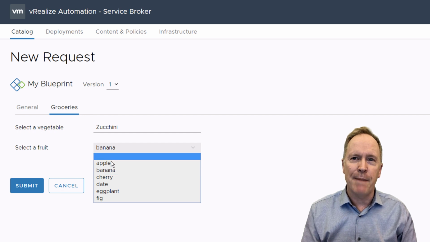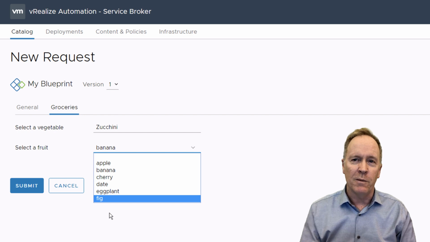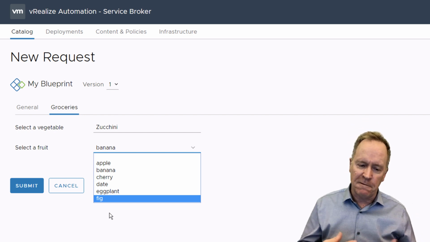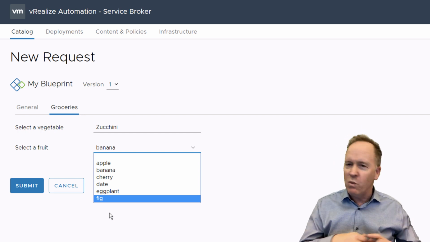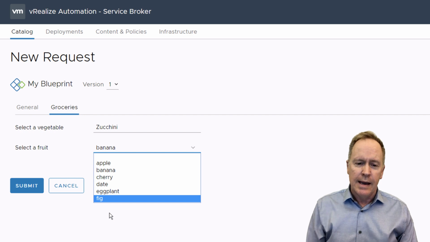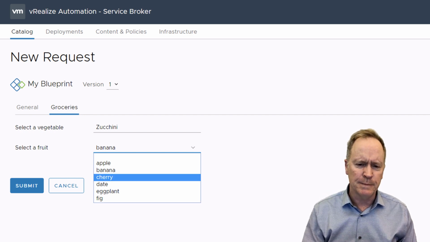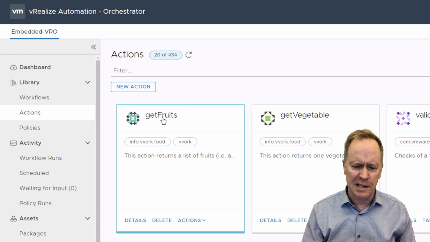The drop-down list has got apple, it's got banana, and cherry, and date, and eggplant, and fig, and so forth. So that is a programmatically defined list of choices. It was automatically generated, dynamically, programmatically, whatever word you want to use. Now, admittedly, let's go back to Orchestrator real quickly here. Admittedly, if we go look at our actions such as get fruits,